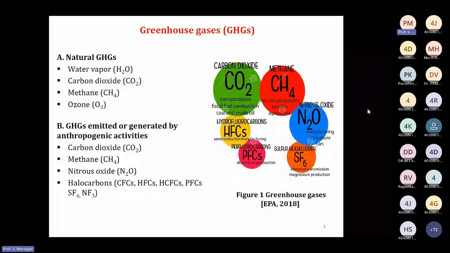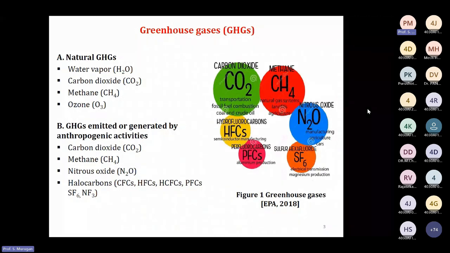So these greenhouse gases impact our environment, particularly the continuous accumulation of carbon dioxide and methane in the ground, and carbon dioxide in the atmosphere. It increases the global average temperature by 1 degree Celsius for every 10 years. As a result, of course, now we notice the atmospheric temperature